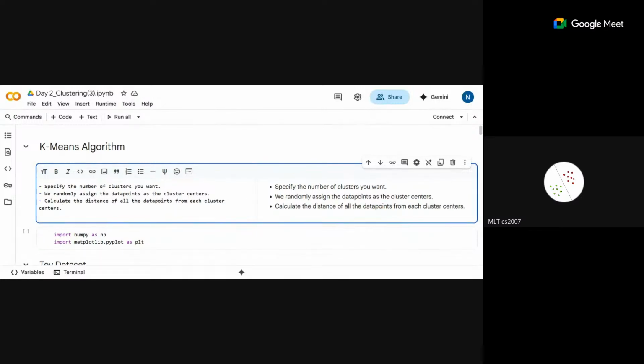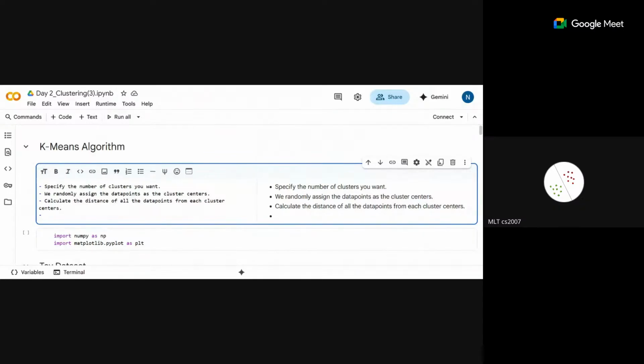Right? So once we have the initial cluster centers, we calculate the distance of every data point to each of the cluster centers. Once we have calculated the distance of all the data points from every cluster,